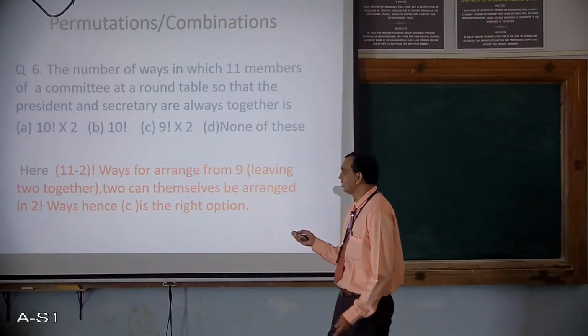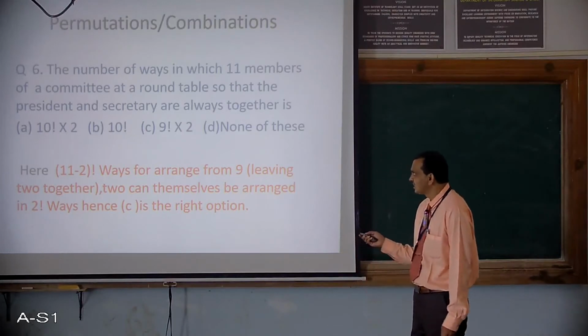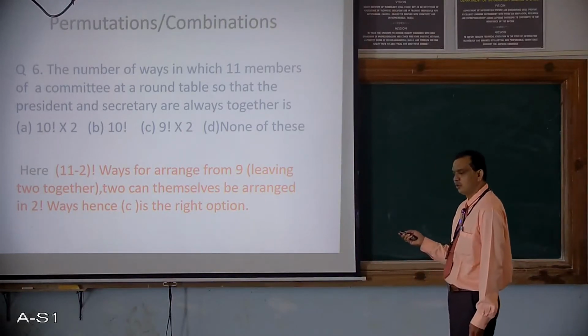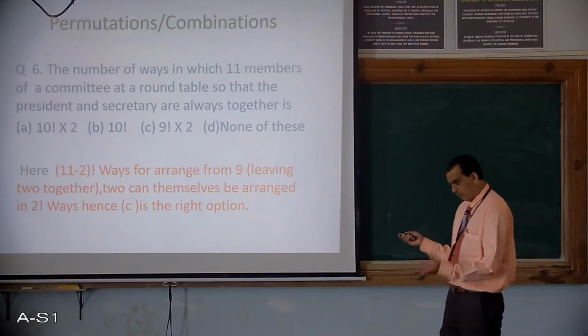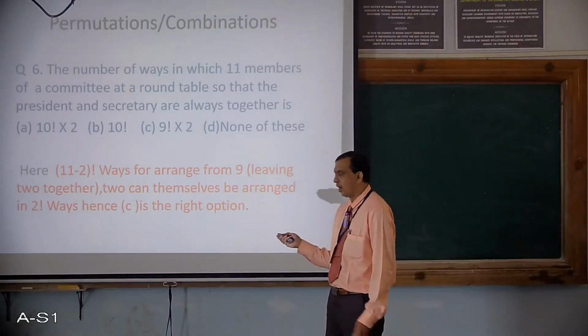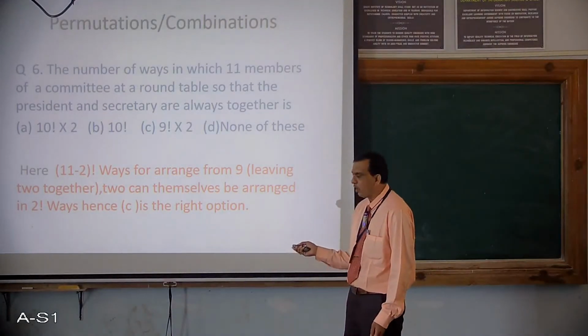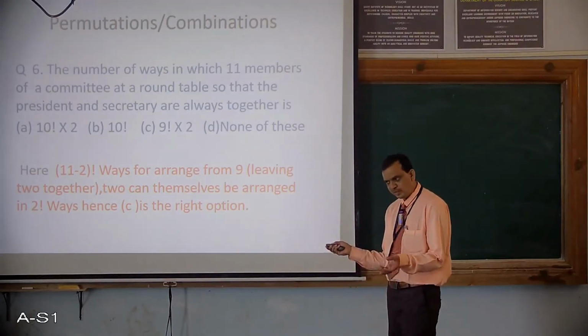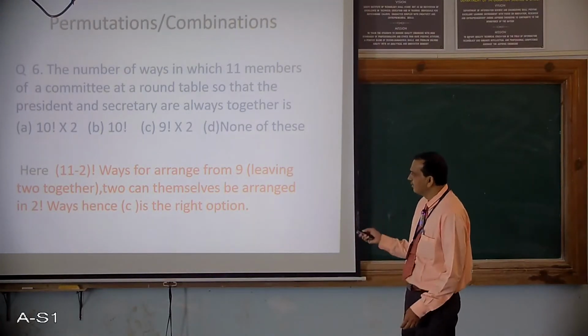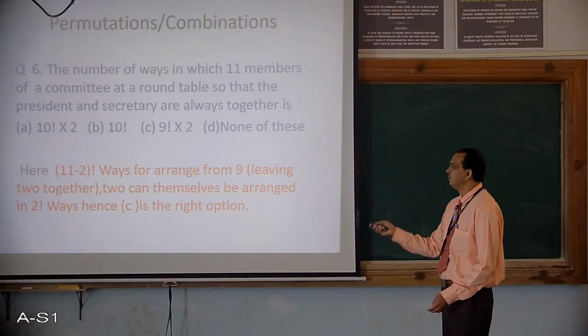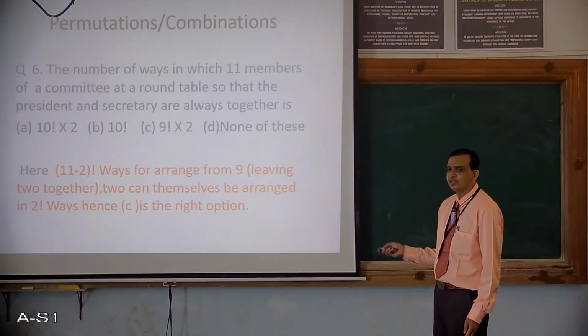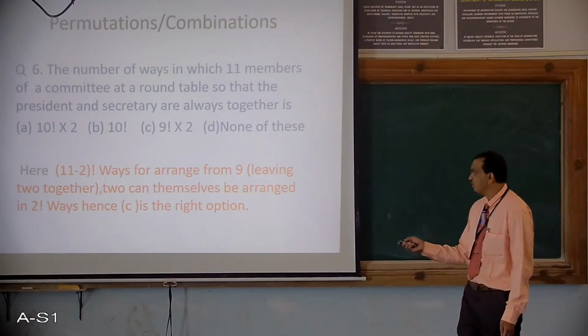So here also you can see, if you make out very quickly what is there and how you have to proceed, then there will not be any problem, and it is a far easier example because only 2 is the least one can have for togetherness. You can have 3, 4 and so on. Accordingly the numbers can be changed. So what I feel is you should try 1 or 2 examples like that by changing this 11 to 6 or 11 to 15 and making it 3 together, 4 together, etc. for your practice. That will be a better option for you.